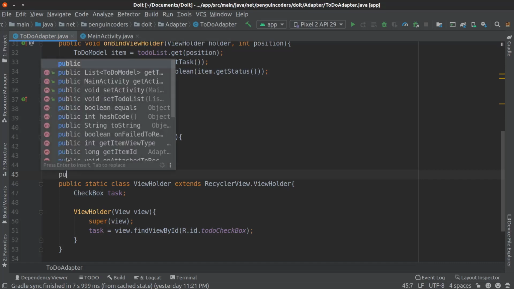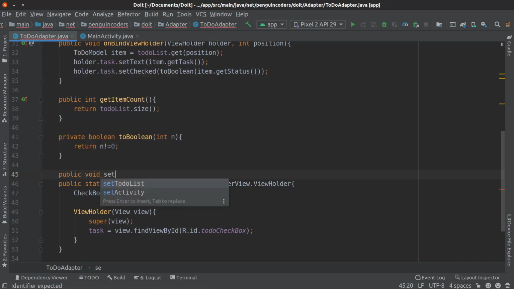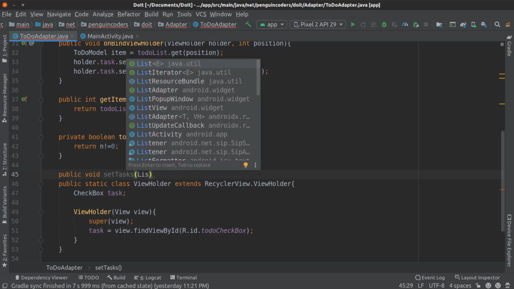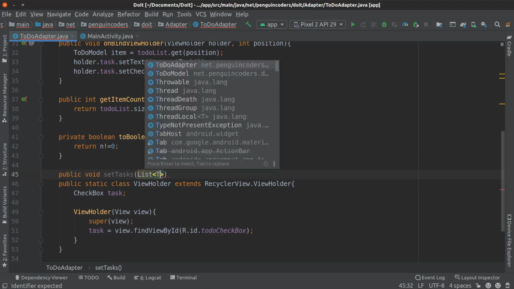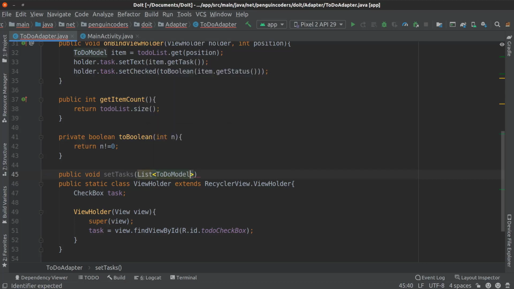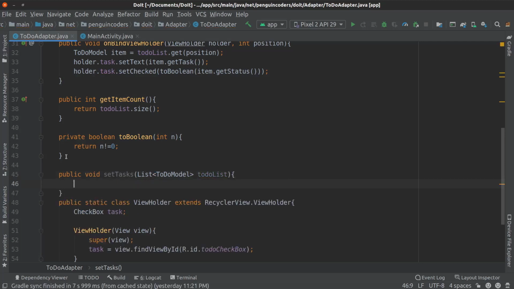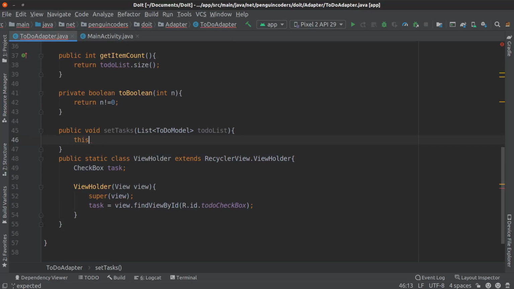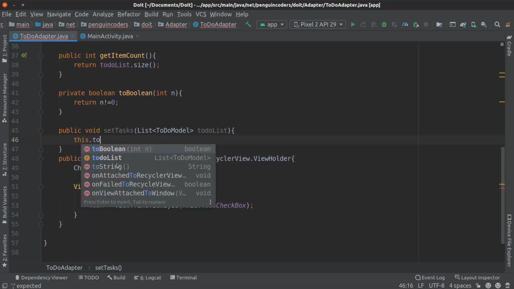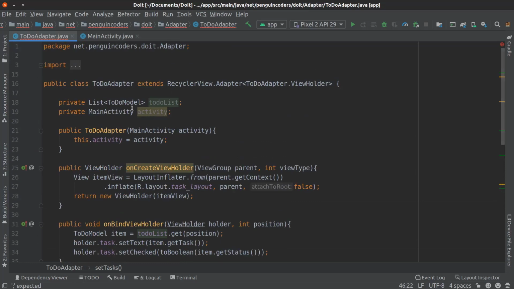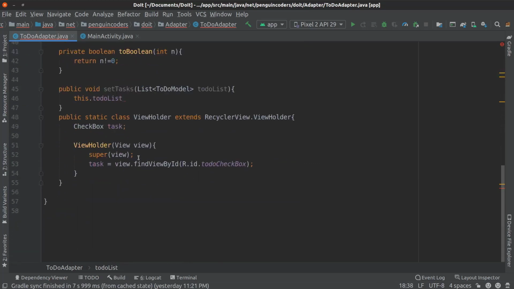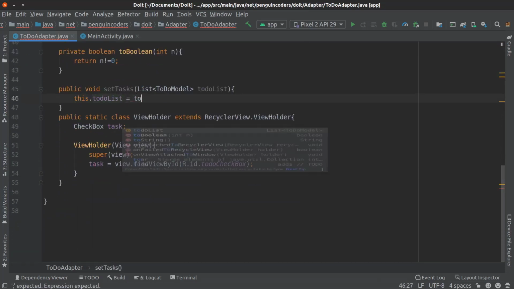I will define it as public void setTask, and the parameter will be a list of ToDoModel, todoList. Now I will set this.todoList, which is there in the recycler view adapter, to the passed one, so equals todoList.